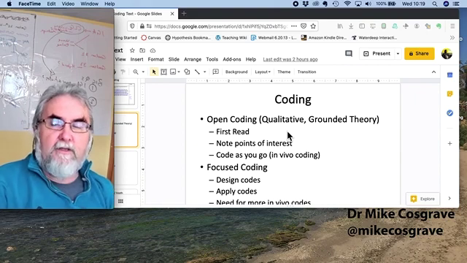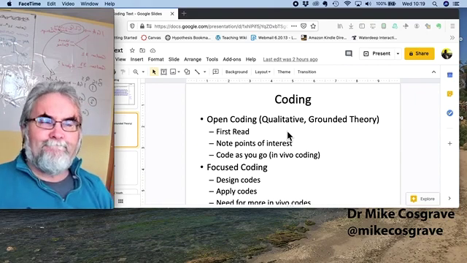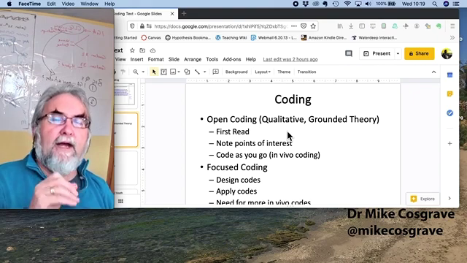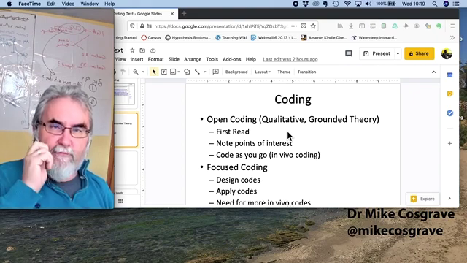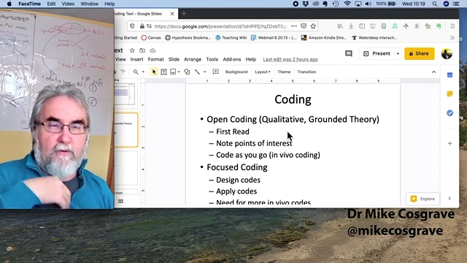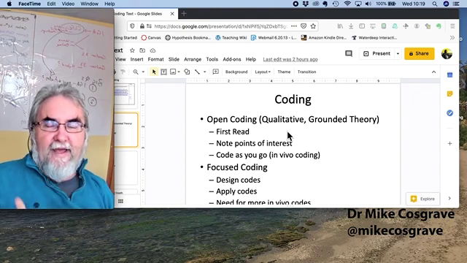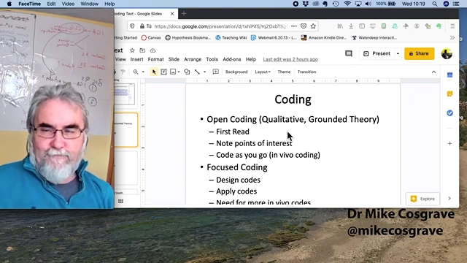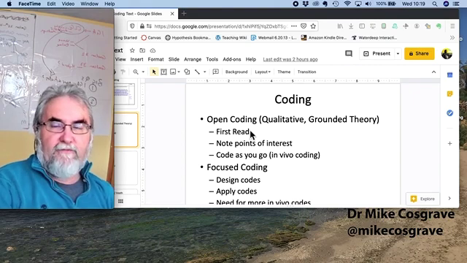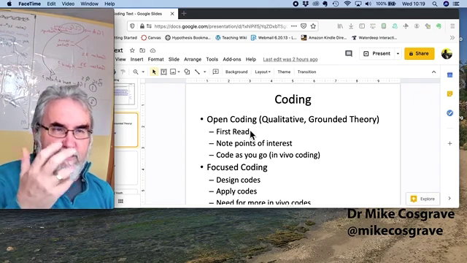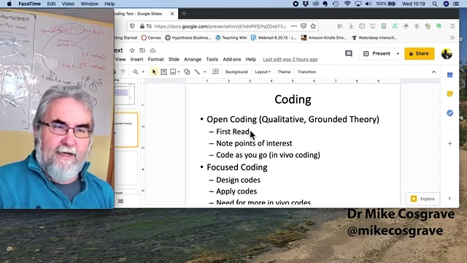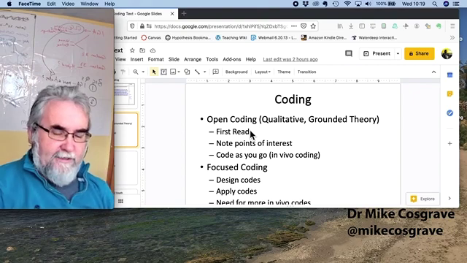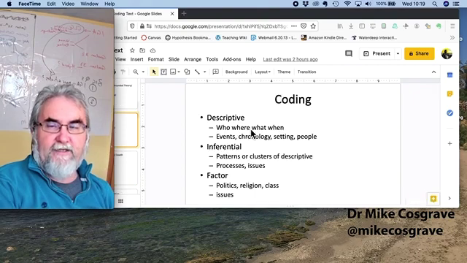and it's quite loose. Focused coding is where you actually design the codes first. You've decided what you're looking for based on your research questions and you apply them. But it may be that as you go along you need to add more codes, something will emerge. Sometimes you'll do a first pass of open coding, and then having done that on a sample of the data, you'll then design some codes and do a more structured coding system to get through the rest of it.